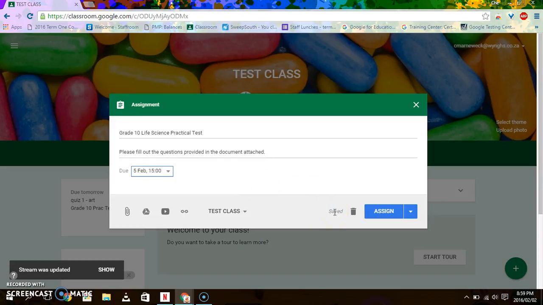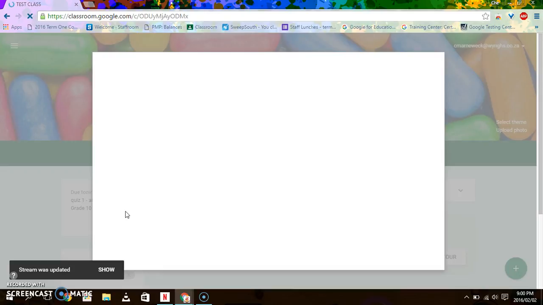This assignment has not been assigned yet. I need to decide if I want to attach any files. If I have created my instructions or the questions that I want them to answer in a Word document, I can click on the paperclip icon, wait for the box to load,